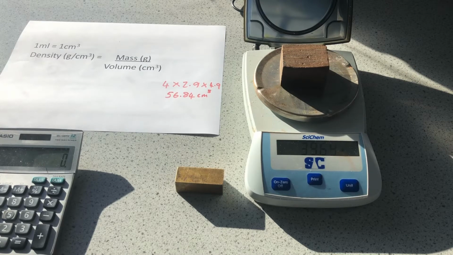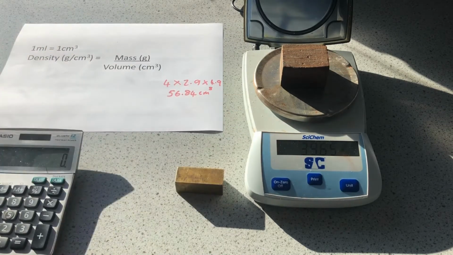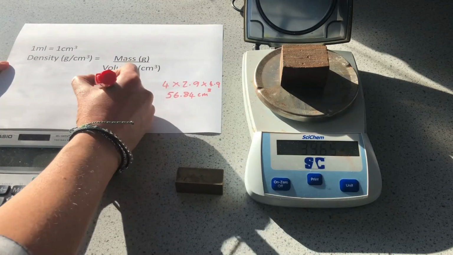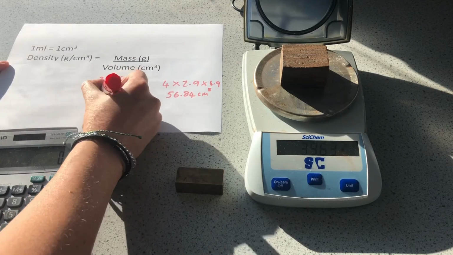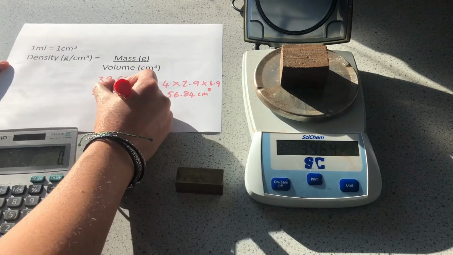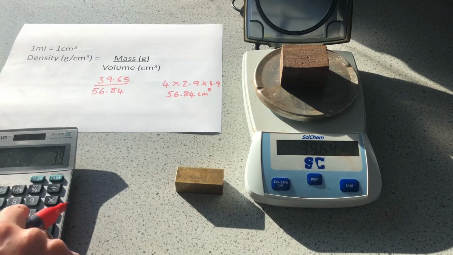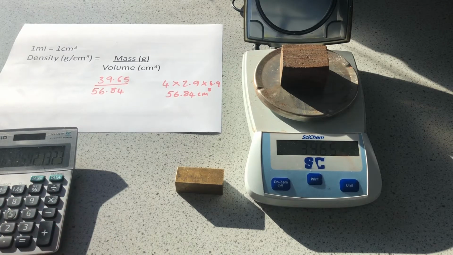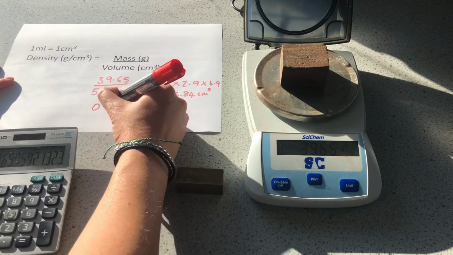Okay, and I now need to find out the mass of the object, and the mass is in grams, and that is 39.65. So I can see my equation is mass divided by volume. Here's our mass. So we've got 39.65 divided by what I found my volume to be, 56.84. Put that into my calculator. 39.65 divided by 56.84, and I get